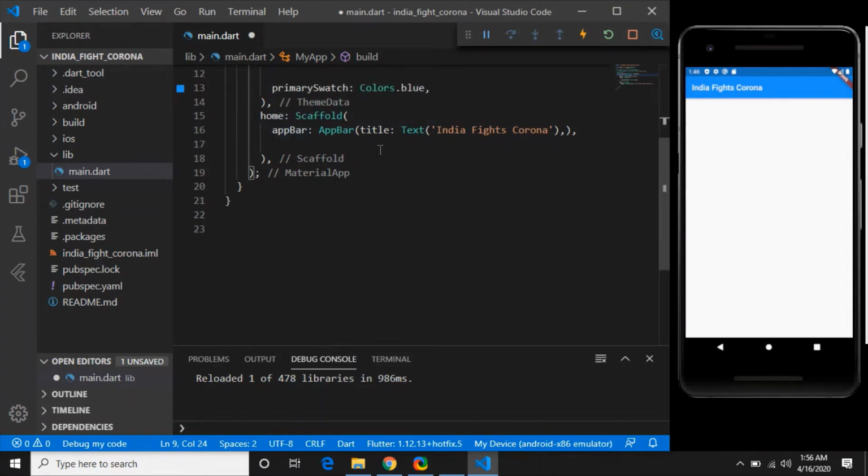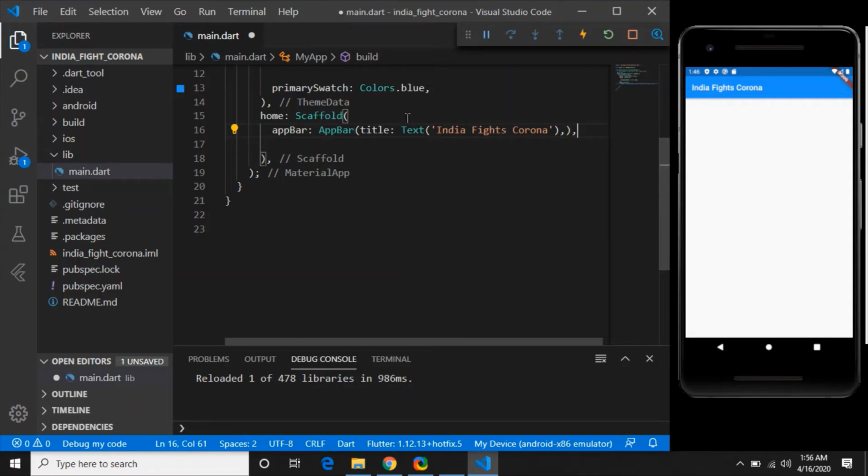Now, what is this comma at the end of each line? That is important. Look, this title started here and ended here, this text bracket started here and ended here, and this app bar bracket started here and ended here. Everything in Flutter Dart programming ends with a comma.